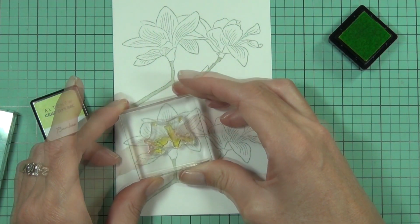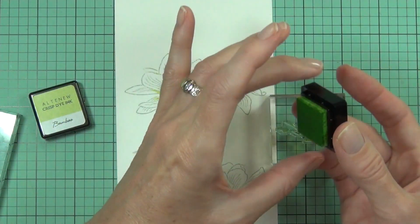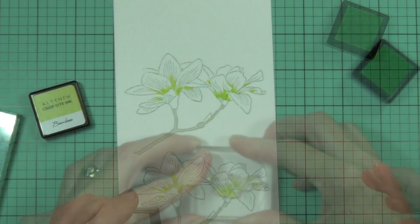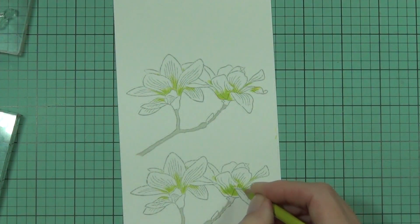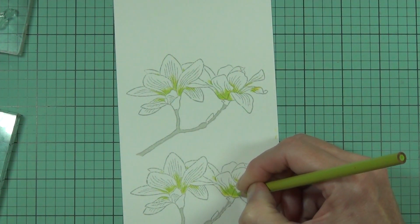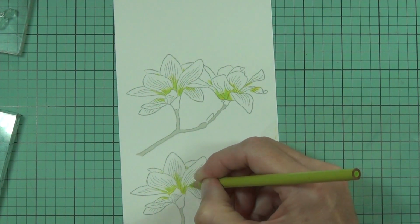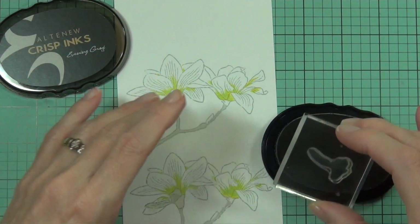They are such a pretty stamp set. So I have actually used the greys to stamp out my image, and for something a little bit different I've used the green. It's the bamboo. It's one of the tropical set, and I'm using that. And I'm not doing all the layers of the flower here. I'm actually just using the shadow layer with my bamboo, and then I thought, because it's making the flower look like it's kind of white on the edges,